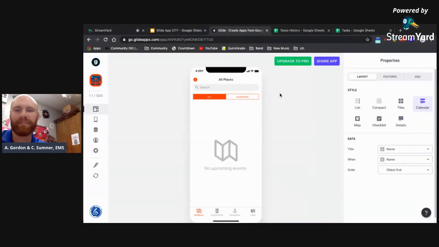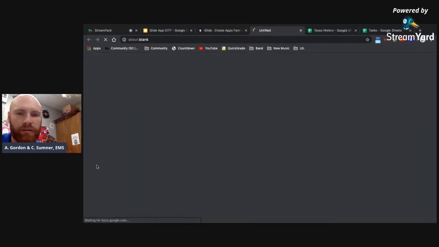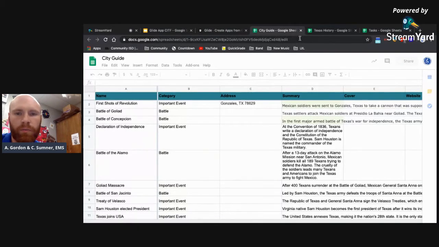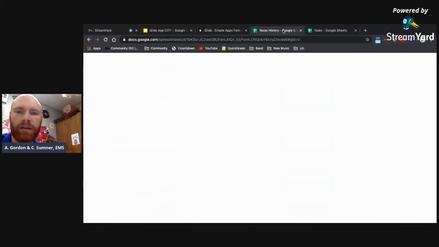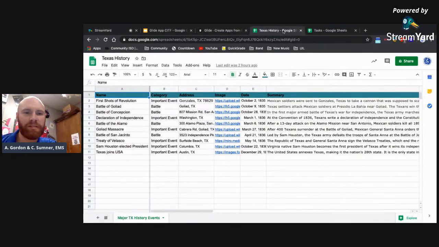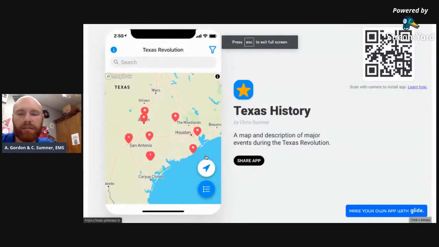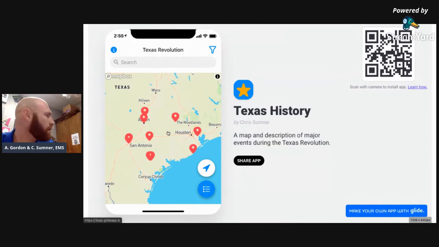Anyway, so back to Glide. This template is one of the ones that I used, and you just open the template, and then I went over to Edit Sheet, and it brought me to this. So what I did is I used that as an outline, and since it's Texas Independence Day, I decided to make a little Independence Day thing about Texas history. So what my app is that I made, it's a map with locations of major Texas Revolutionary War sites with some information about where those are, and